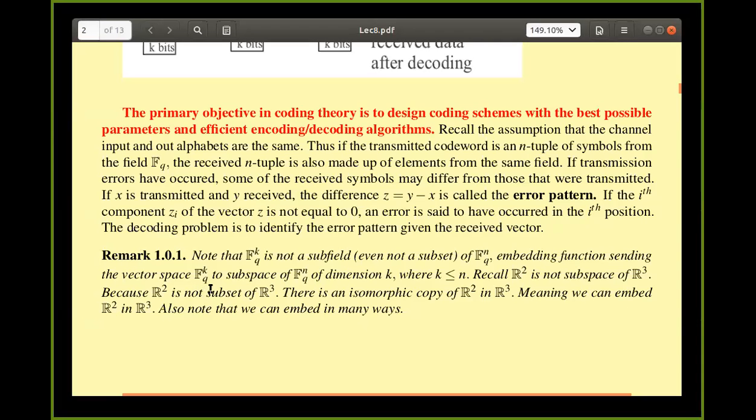Yes. Now that is the question. So in R3, I want to get a plane passing through origin. How do you get it? How do I construct it? What is the mechanism? How can I start? You start with a line passing through origin and take all possible linear combinations of that line, and it forms a plane.